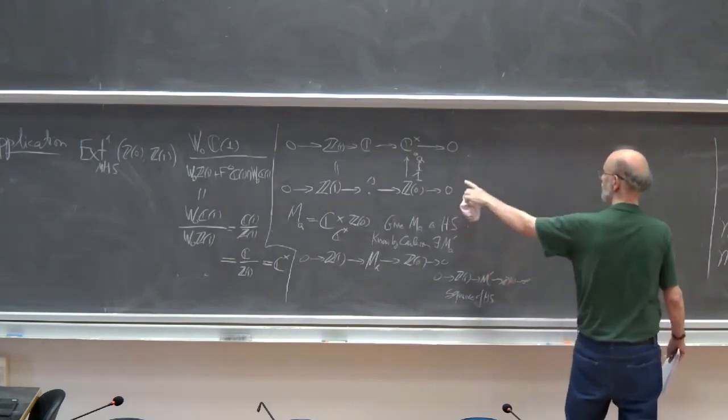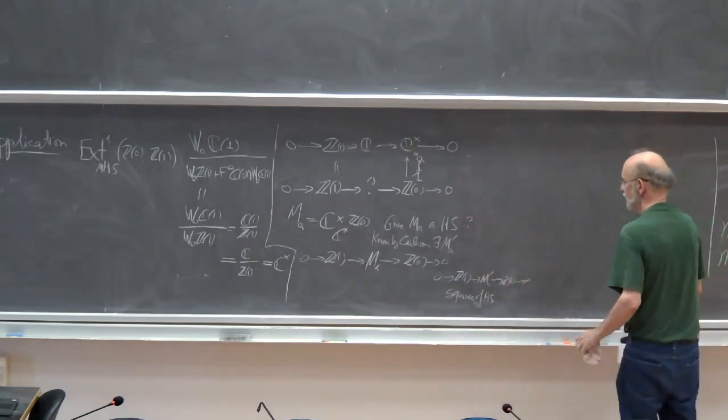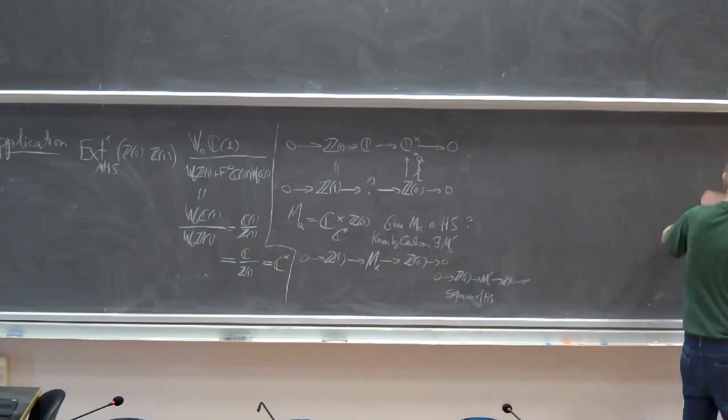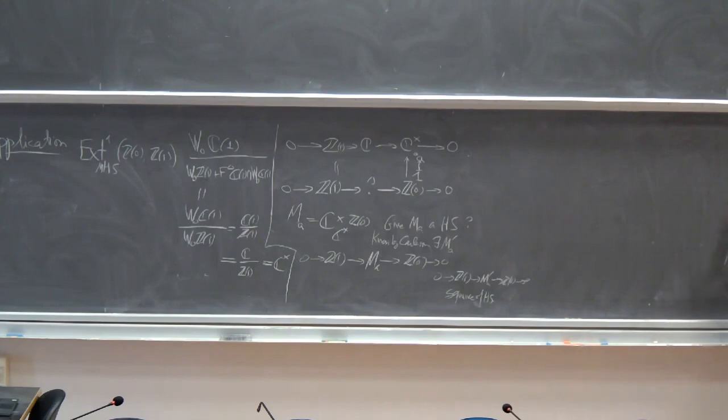And my pathetic attempt to construct one didn't work, so we fall back on Carlson's theorem. It says they exist. Okay. So what are we going to do with this? Well,